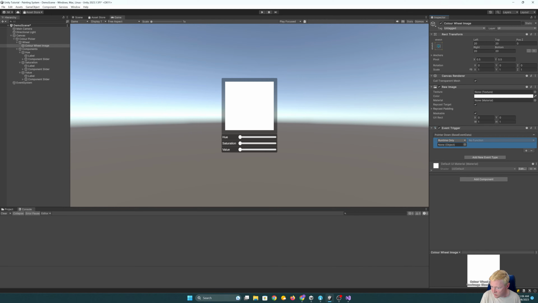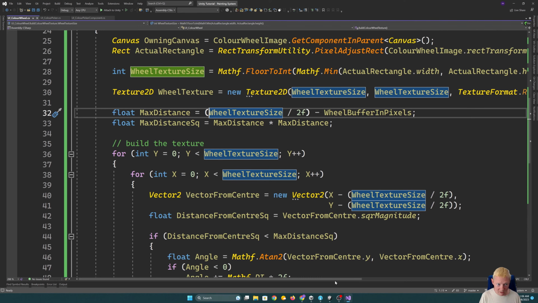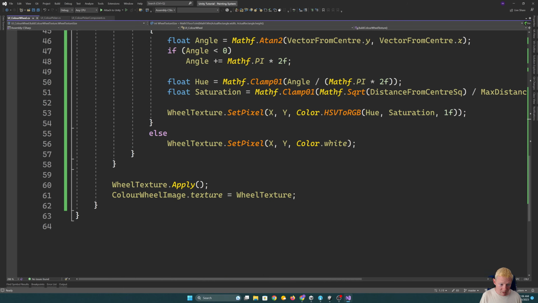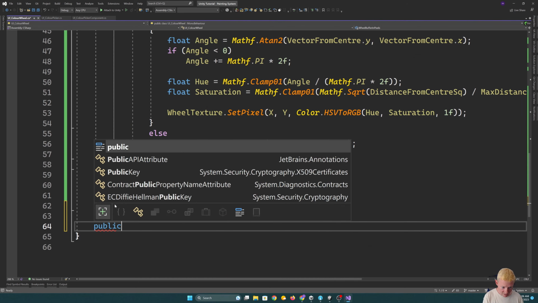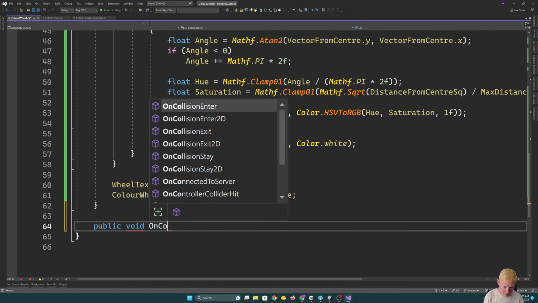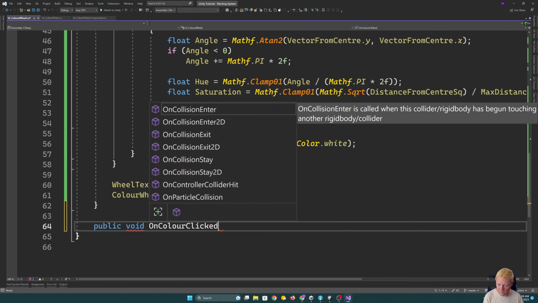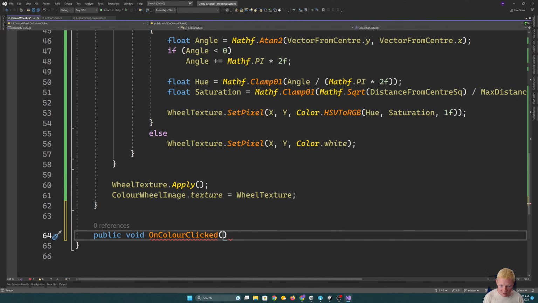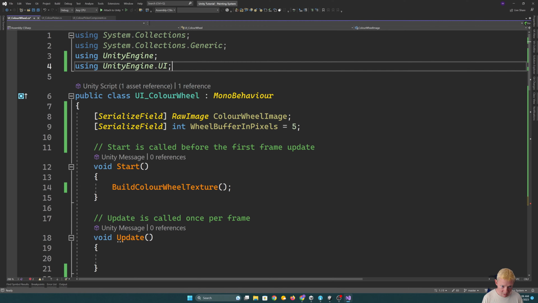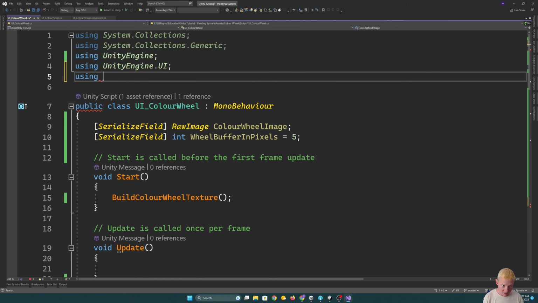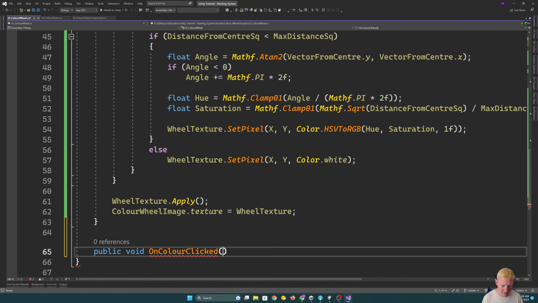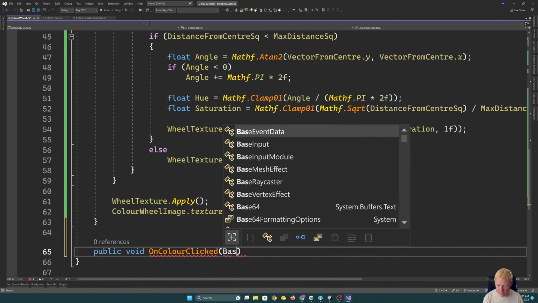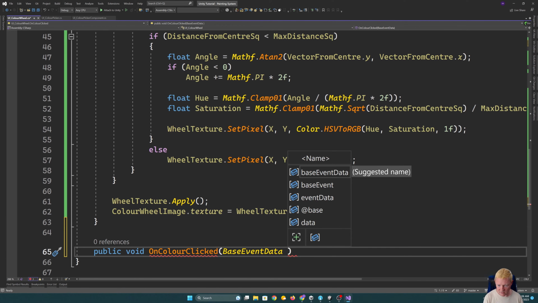And what I'm going to do is, and I don't have the function set up yet, but I'm going to create a function in the color wheel, a public void OnColorClicked. Now we get an event data with this, so I'm going to need to bring in using UnityEngine.EventSystems, like that. So OnColorClicked, and what we get is a BaseEventData,